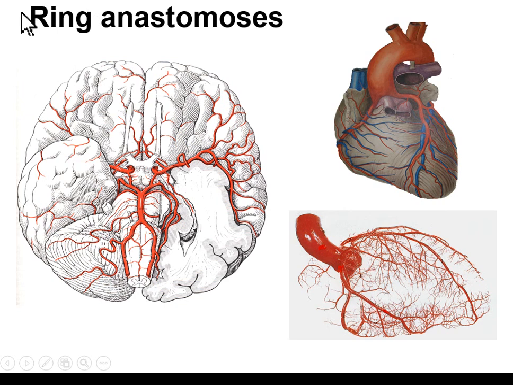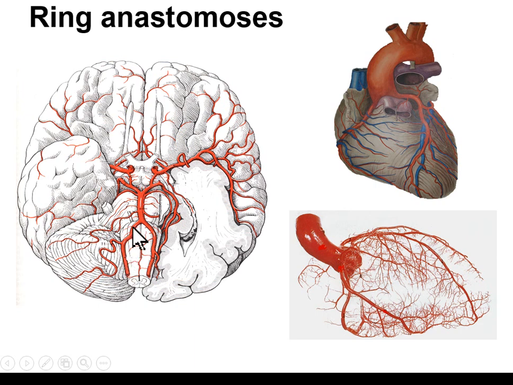Ring-shaped anastomosis. So this is the brain. We can see the ventral surface of the brain. On the ventral surface of the brain, we can see the arterial collateral ring of the brain. It's called the Willis ring. Here we can see the anastomosis between the internal carotid arteries, branches of the internal carotid artery, and the basilar artery